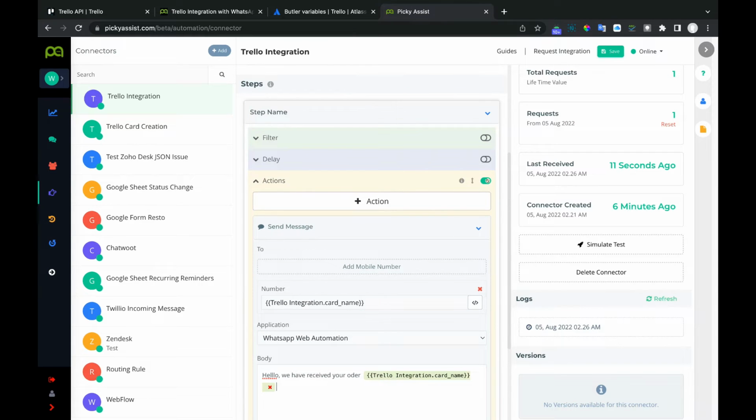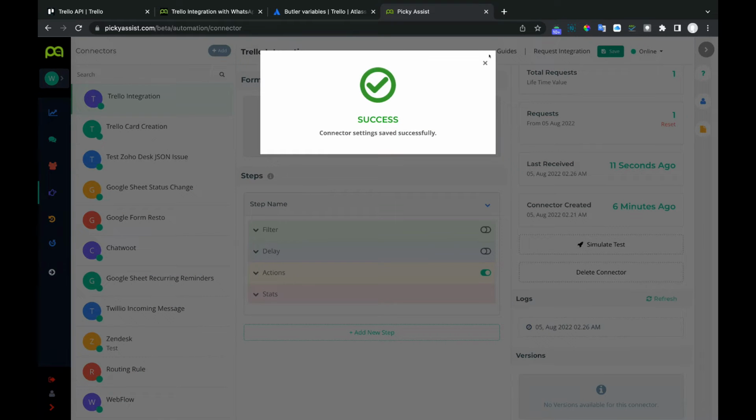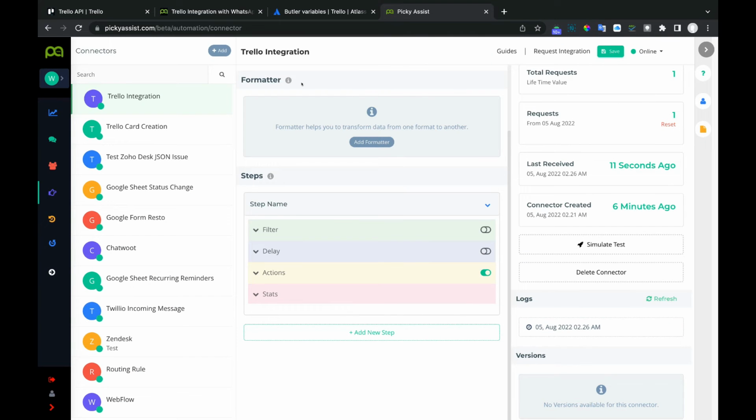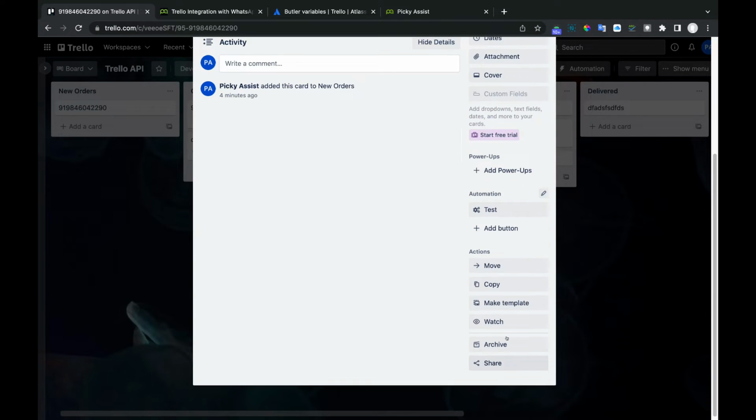And always ensure that after you update all the variables, the action is turned on, and click on save. So now the structure got mapped, and whenever we create a card, so let me delete this card here.